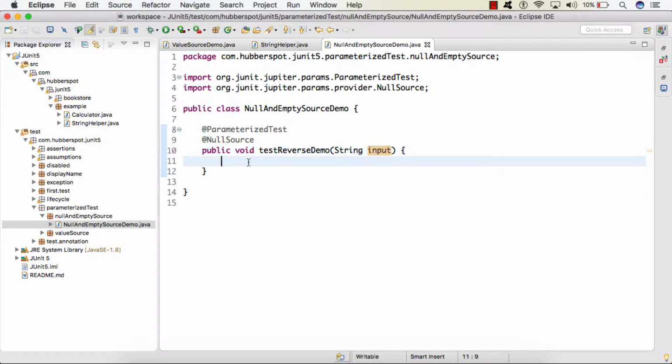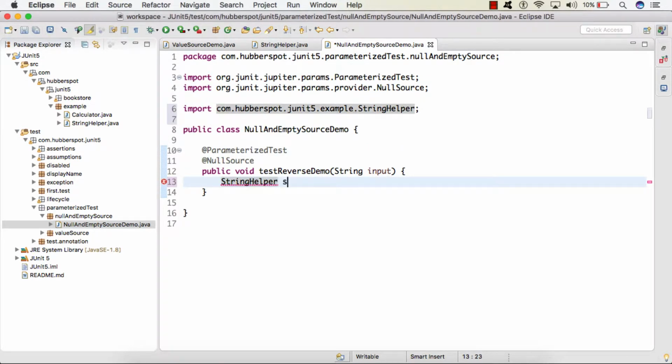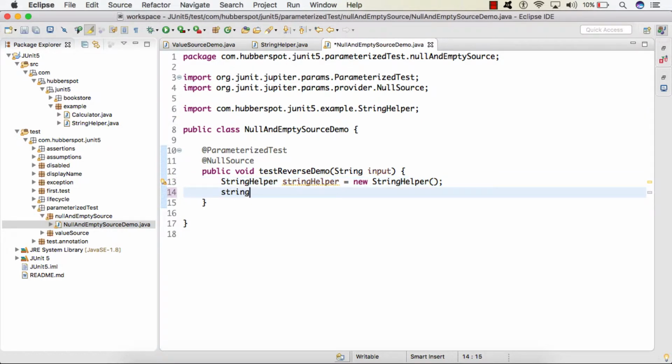So inside this parameterized test, we'll first create the instance of string helper class. And then we'll simply call the reverse method by passing in the input. So this would be our actual value.